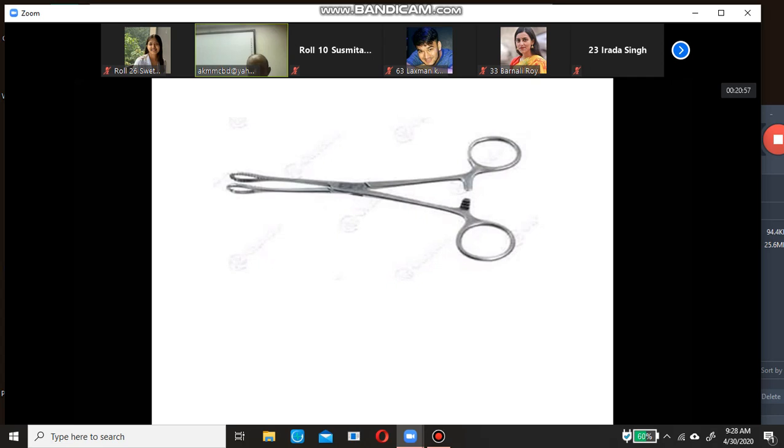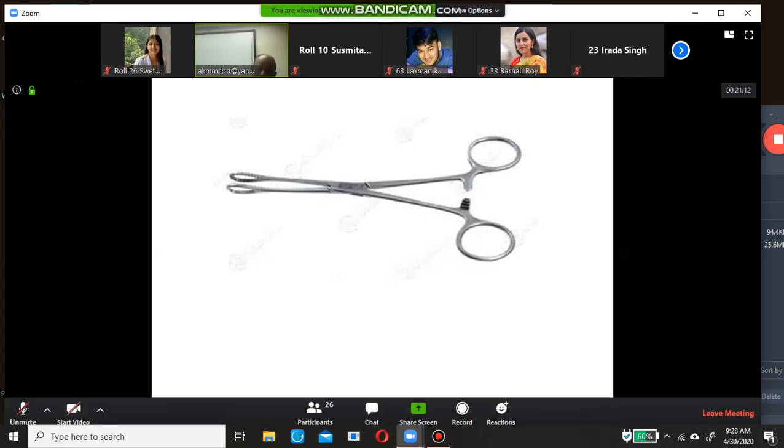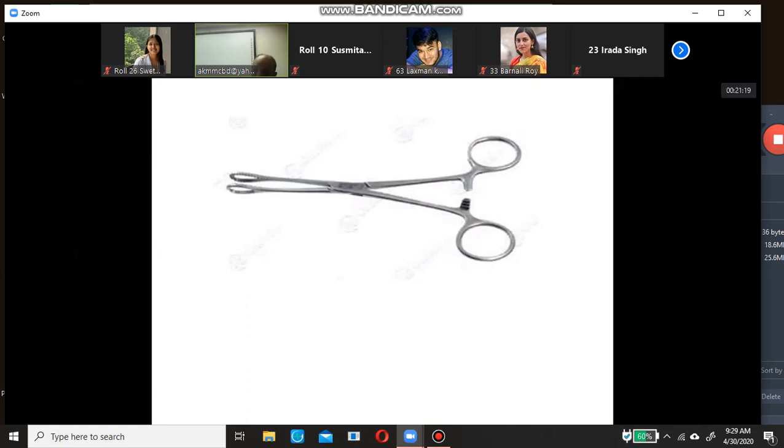And we can also use it as a tongue forceps, like a towel clip, to elevate the tongue in case of tongue fallback. Any other ordinary use? We can paint the area. That is the primary use. We can also use it as an alternative to the towel clip. We can fix the towel, and we can fix the cables, tubes, etc. to the towels with this instrument.